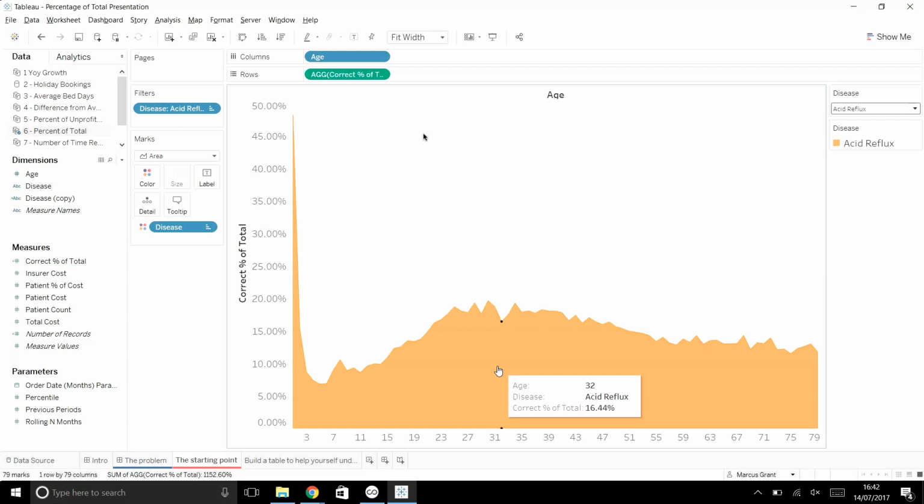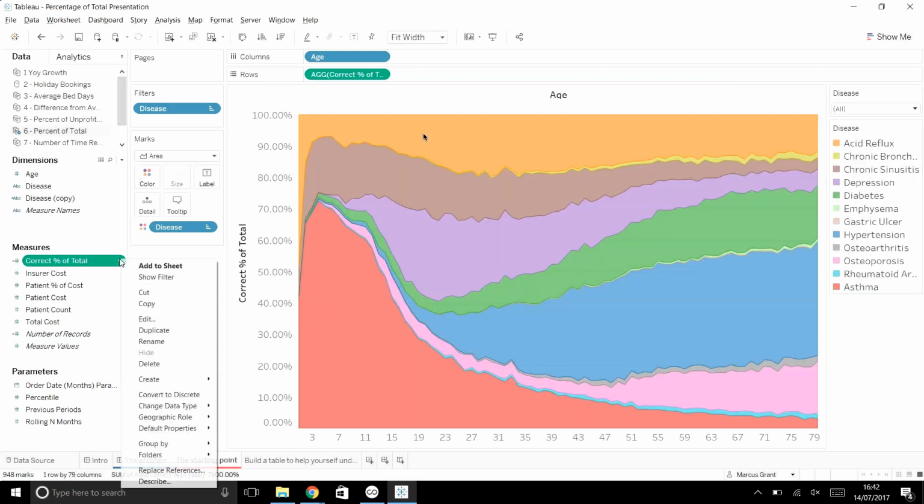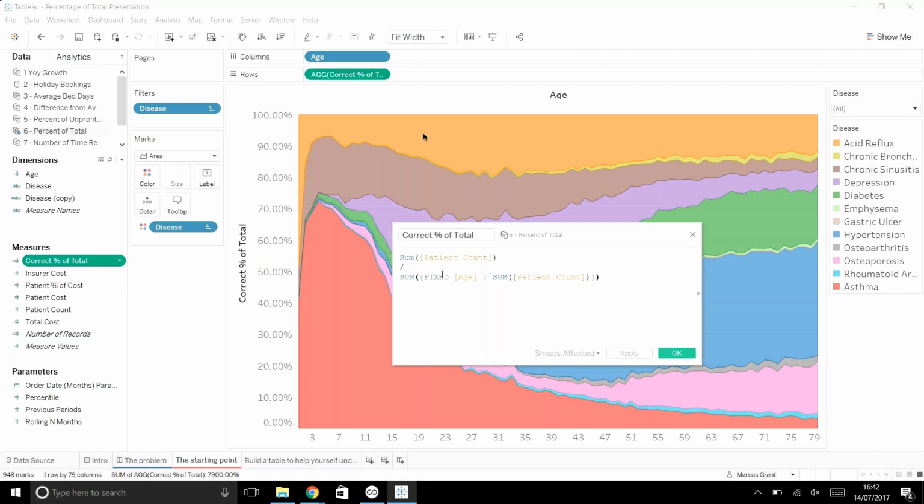So Marcus, why did you use a fixed one? Why didn't you use an exclude? Change your calculation to an exclude. But we don't want to exclude age, we want to exclude disease, right? Yep. So that's essentially going to give us the same thing. So hit OK,